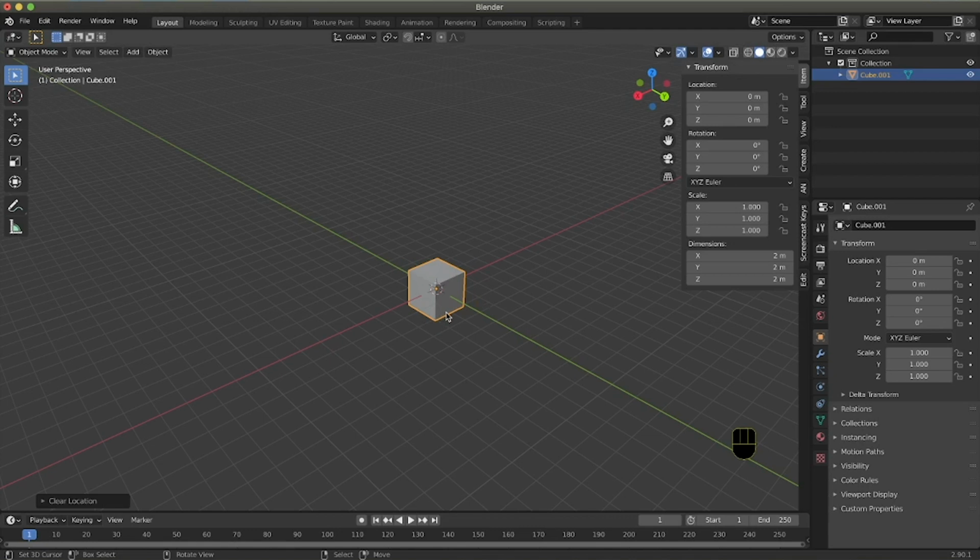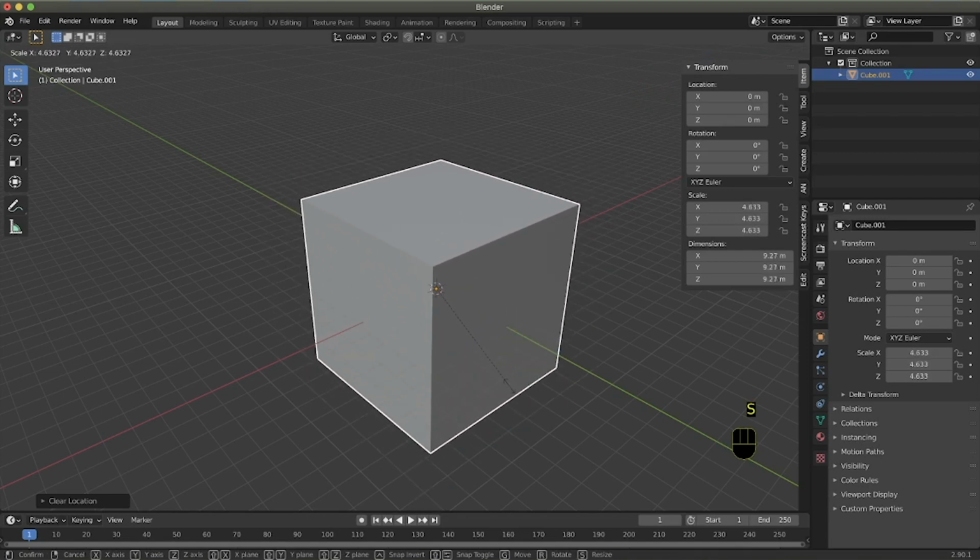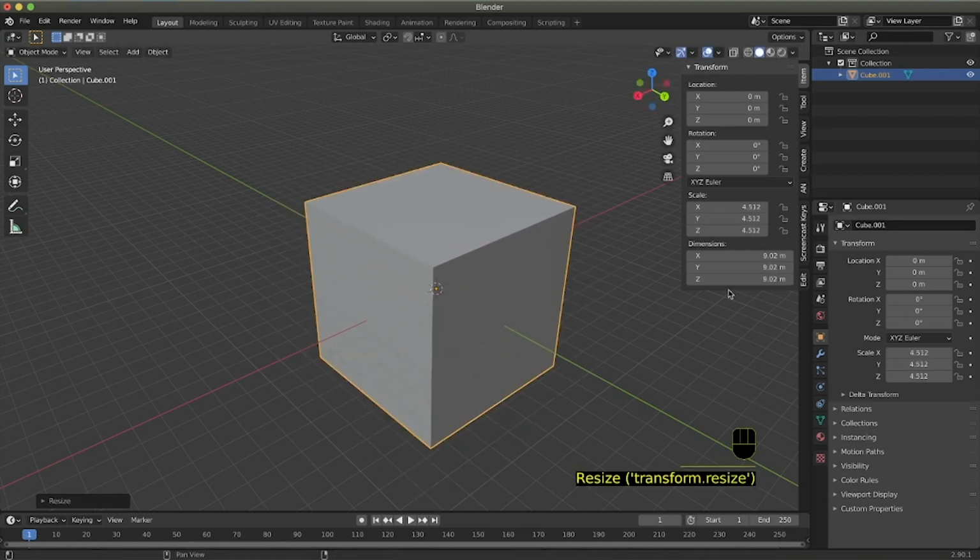The same works for scale. If you want to scale an object, you press S and you scale the object up or down, and as you can see in the scale panel, you will see the values increasing or decreasing.